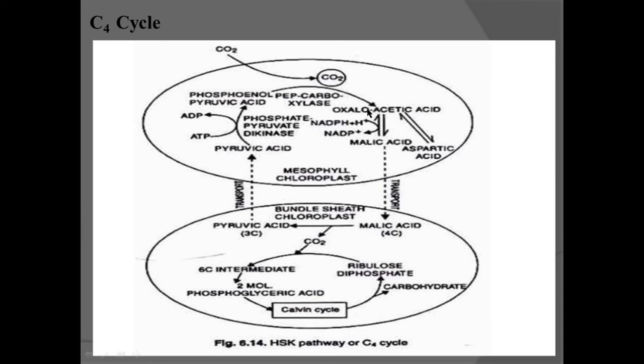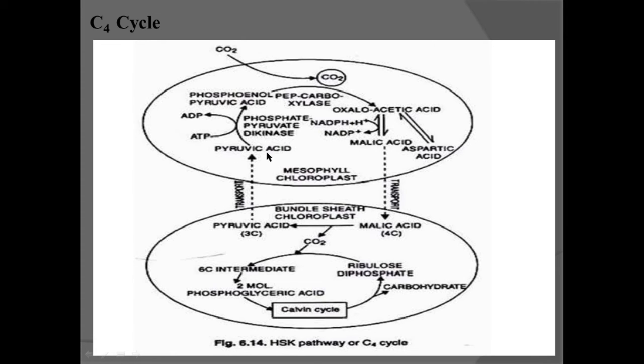Now students, this is a cyclic process. The oxaloacetic acid is formed, then malic acid is formed, then malic acid is transported towards the bundle sheath cell. Here malic acid undergoes oxidative decarboxylation, releases 1 carbon dioxide, and pyruvic acid is formed. The released carbon dioxide enters into the Calvin cycle, then fructose 6-phosphate is formed, that means carbohydrates, and now these formed carbohydrates are used by plants for their day-to-day activities. And now this pyruvic acid formed during decarboxylation is transported back towards the mesophyll cell, and